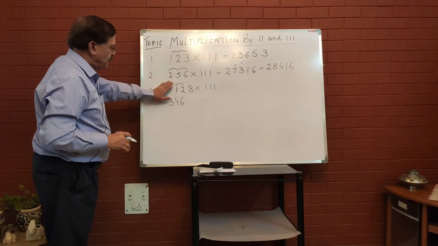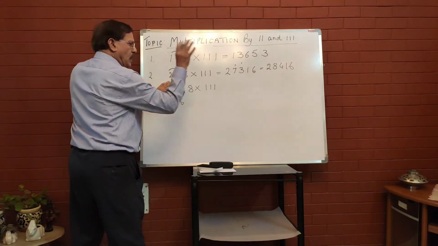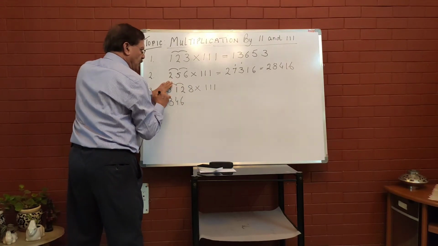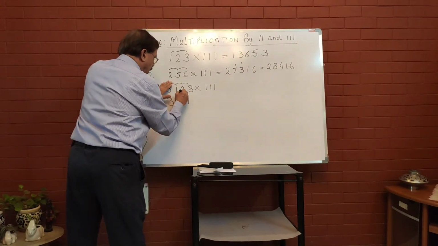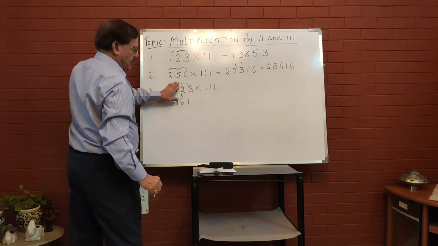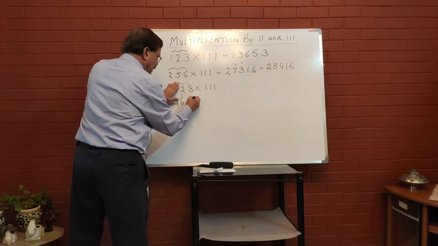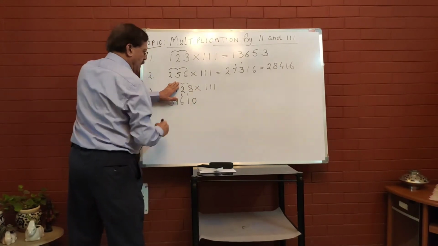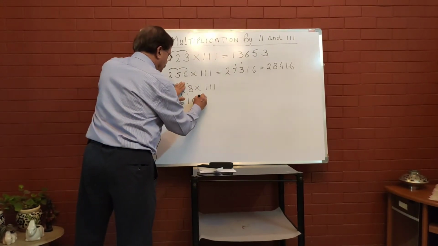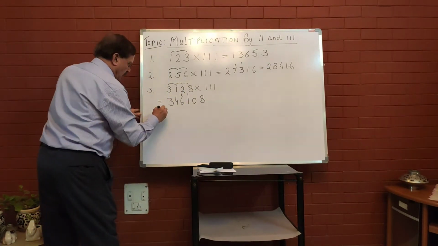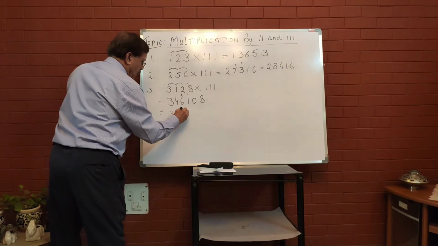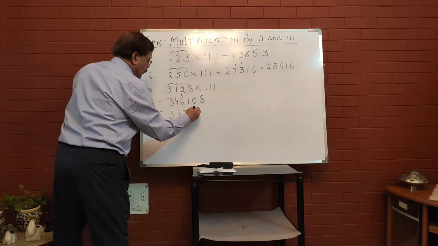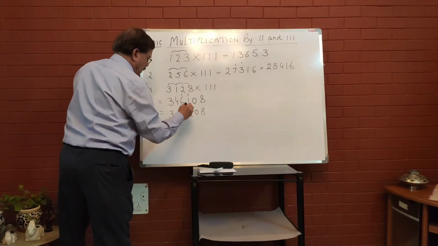Now hide this first 3 and add it all up now. 1 plus 2, 3, 3 plus 8, 11, 1, and 1 carry. Hide 1. 2 plus 8, 10, 0, 1 carry. Hide 2, and the last number is 8. And finally, when you add it up, you get 3, 4, 7, 2, 0, 8.